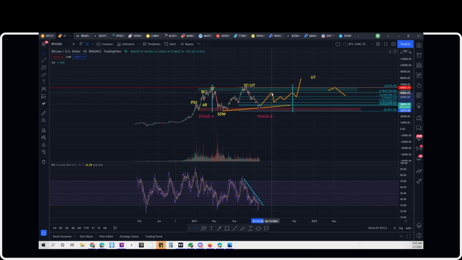I think we can safely say we're going to go to the 618, but ultimately I think we're going to go to the 786 level here, around 57K, to make what would look like a head and shoulders, because this area here where it says ST is still higher than this. So we could have a slanted neckline, sort of an ascending triangle looking pattern happening